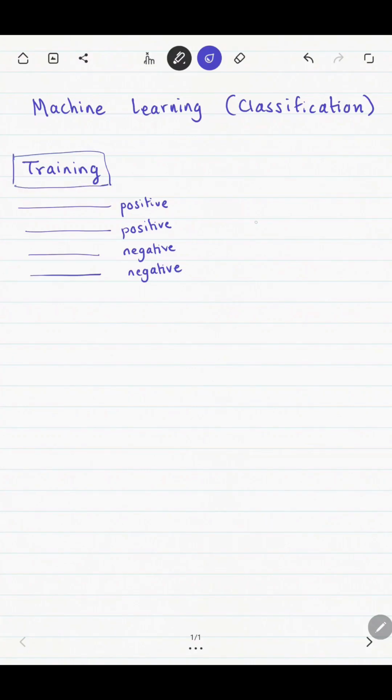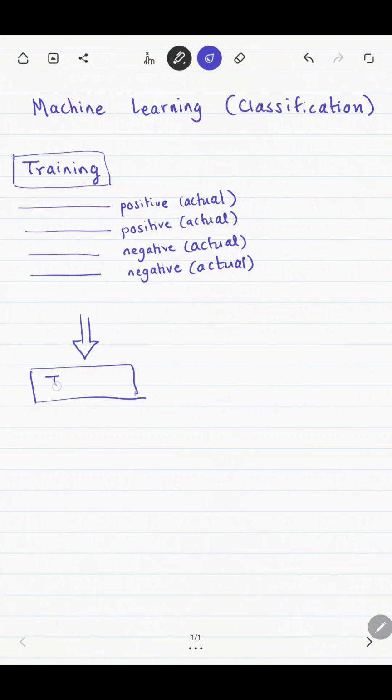So the rows which have the label as positive, we'll call them actual positive, and the rows which have the label negative, we'll call them actual negative. Now when the training is over, we want to test our classification model. When we are testing it, we'll give it some other rows of the data set. Now in those rows, there are some actual labels present, actual positives and actual negatives,